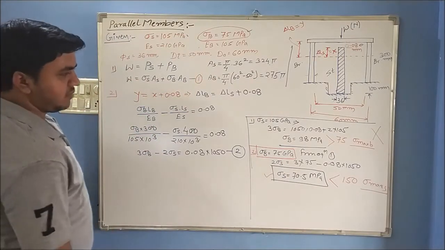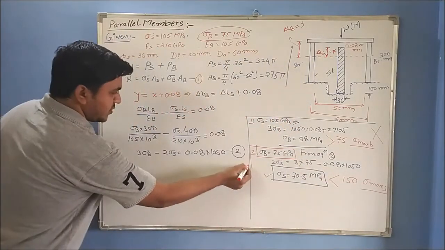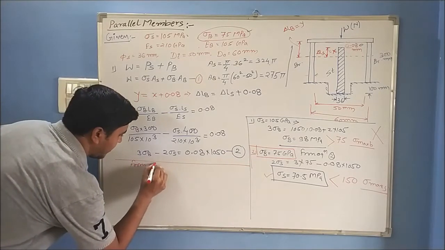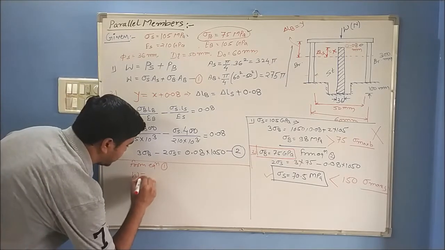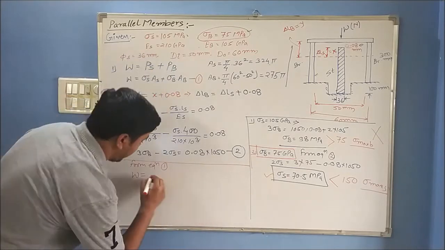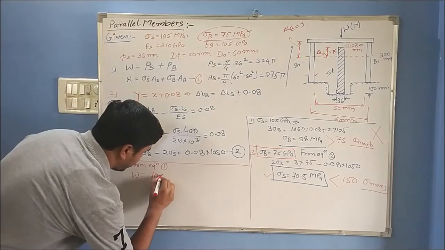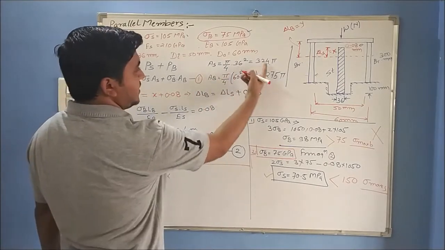So from equation 1, लिखते हैं, equation 2 लिखना चाहिए आपको. Okay. So now from equation 1 you can do. Total load W will be equals to stress of steel is 70.5, the maximum stress that can be applied, multiplied by area of steel. Area of steel we have calculated here, that is